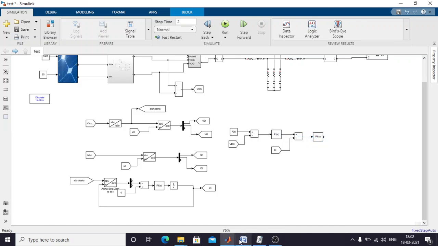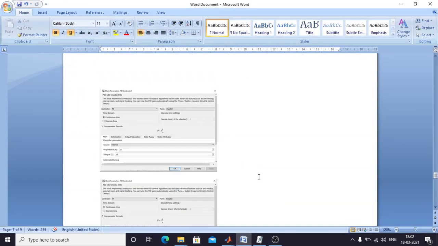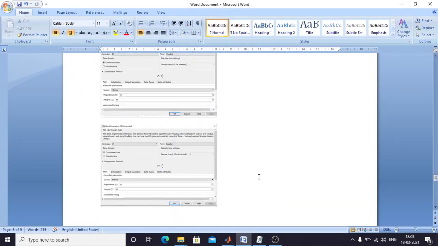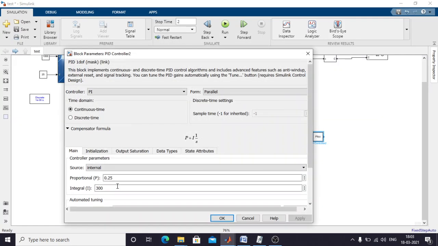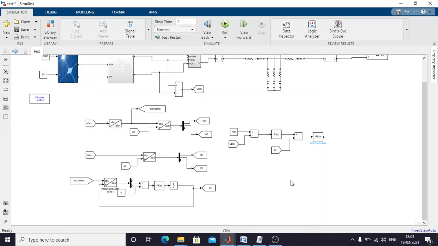Okay. So that value is 10 into 20. Okay. So after that it is going to be added with the